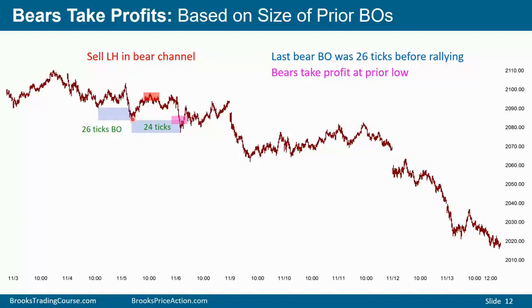They want to be taking profits at least at this low, or they'll decide that maybe it's going to go lower. This breakout went 26 ticks below that. Maybe the breakout below will be 10, 20 ticks below here. So some of them will try to take profits a little bit lower than that low. Maybe take profits half the distance of the size of that breakout. This is 26 ticks. Maybe take profits 13 ticks below this low or on the reversal up.